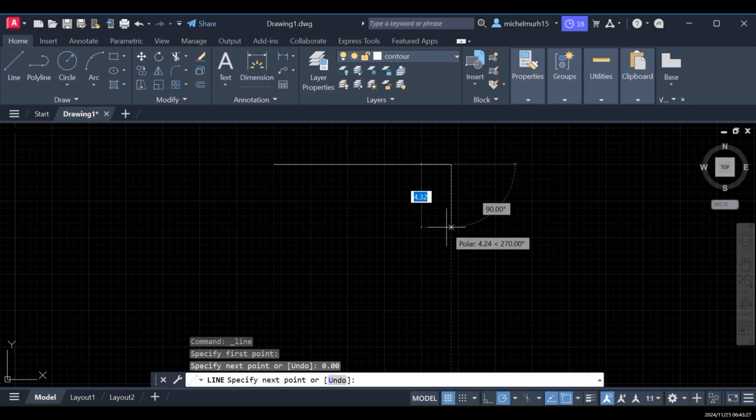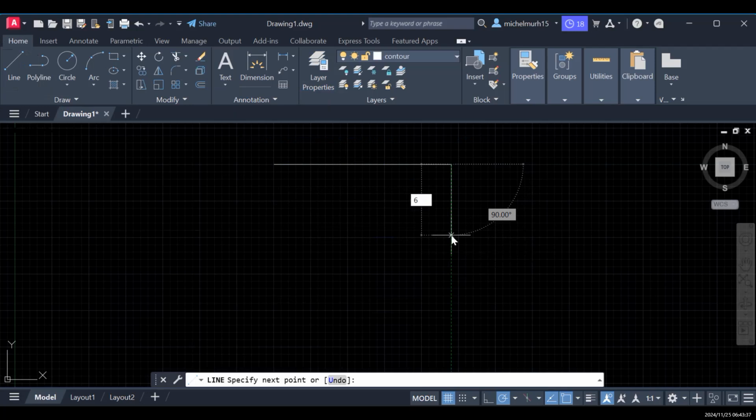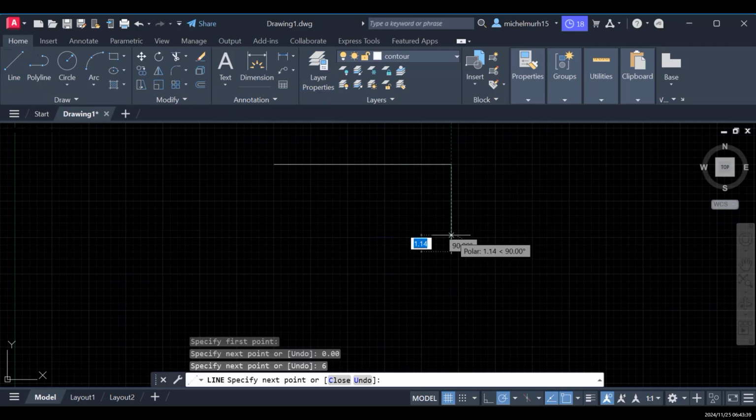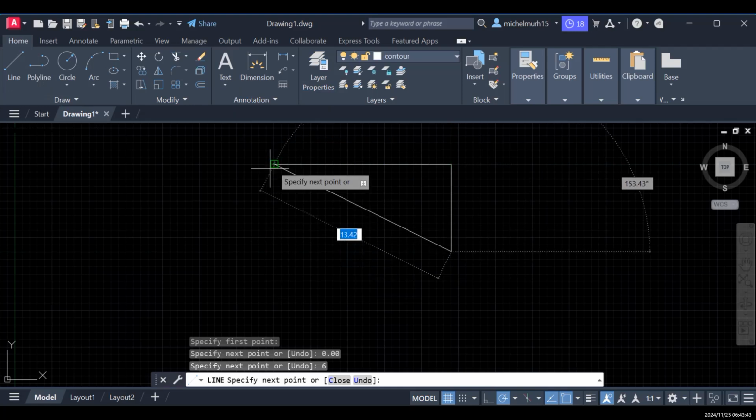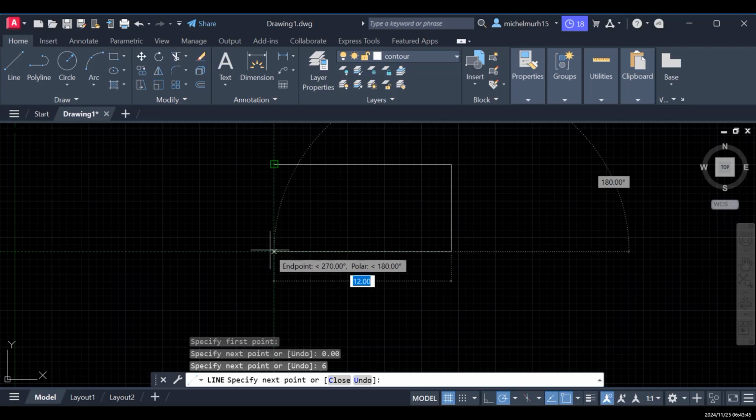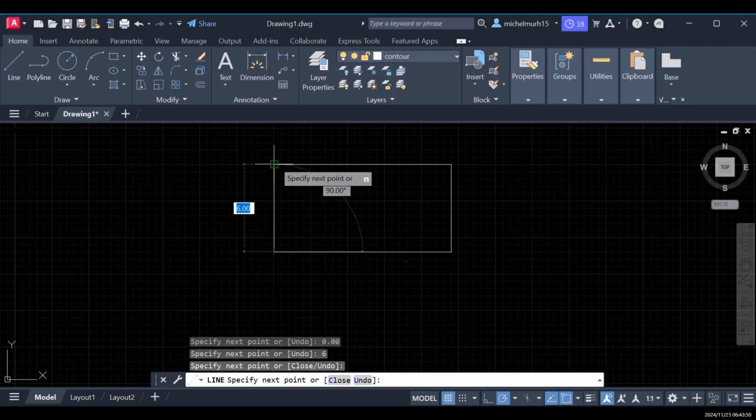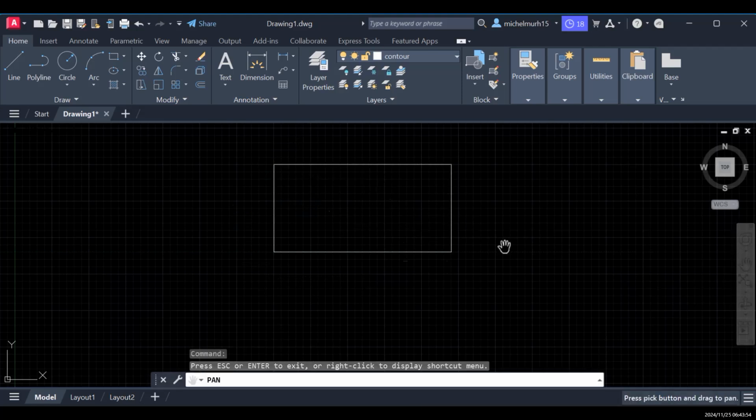And then for the goal line, sorry, it should be 6. The vertical one should be 6 meter. So I'm gonna click on 6 meter, and then I'm gonna press OK because it should be 90 degree vertical. Then I'm gonna just link this part to this part in here. All right, should be 12, 12. So I'm gonna click here and then click here, and I'm gonna try to zoom